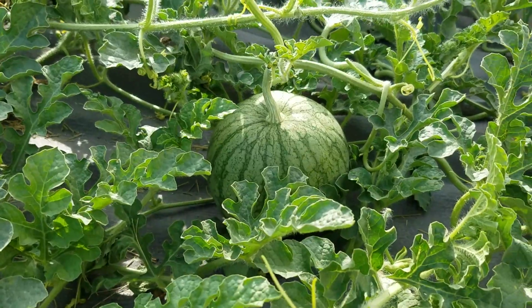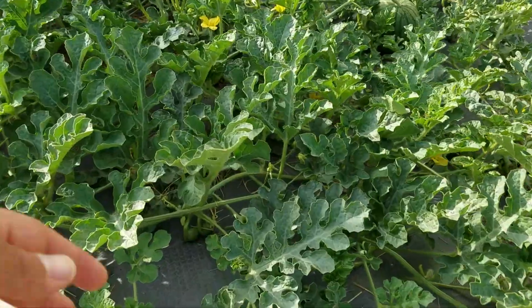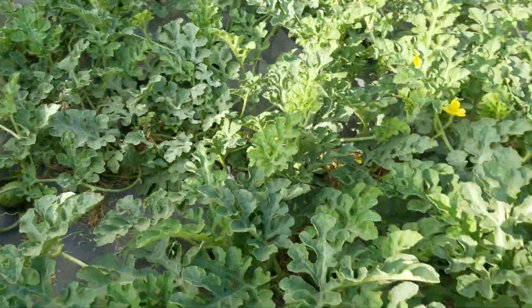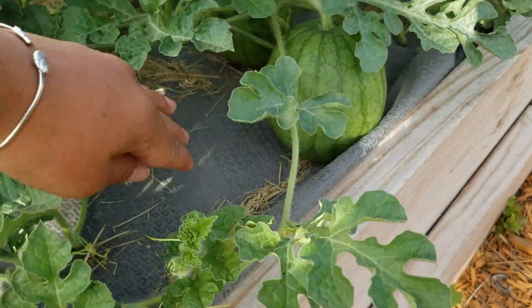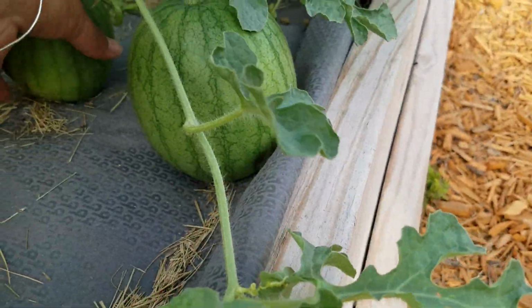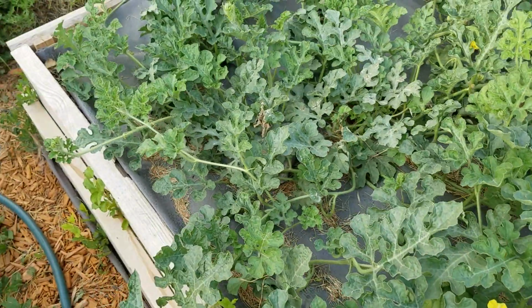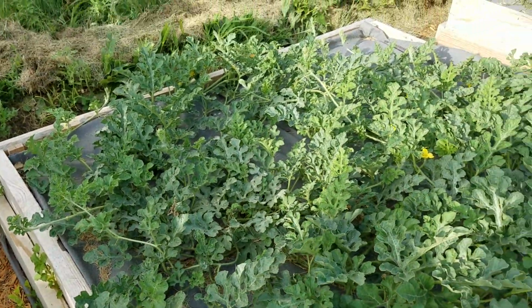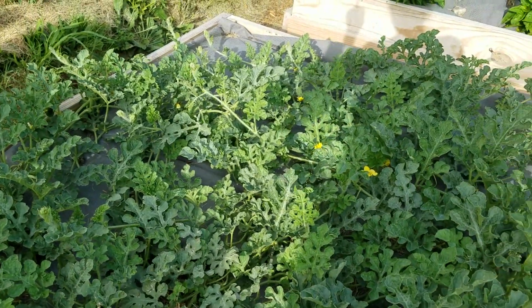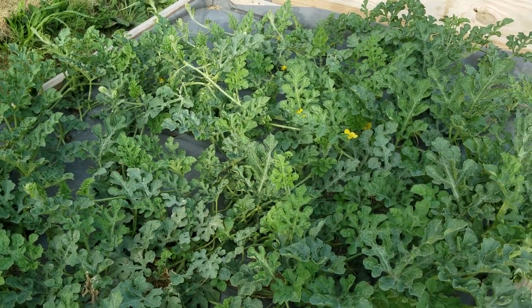But I only got 1 watermelon last year. The other years I didn't even get any. I have so many little watermelons coming in. Now, these aren't the ones that you see at the grocery store. These are smaller. They're called, I think, a mountain something. I'll have to look that up again. You can get these from rareseeds.com, as well as we have a farm here that sells seeds, and they are